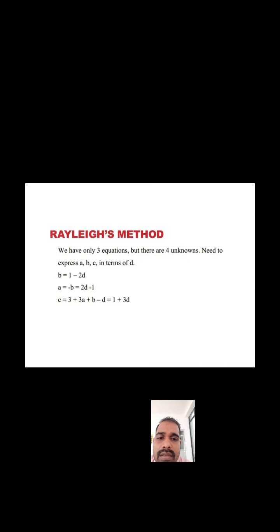Yes, Q is discharge, meter cube per second, so L cube per second, that is L cube T power minus 1. Then an arbitrary constant, that is C, then rho, M L power minus 3, into A. So the same methodology can be used here. You have to find the values of A, B, C, then substitute here, and you will get the final expression, right?